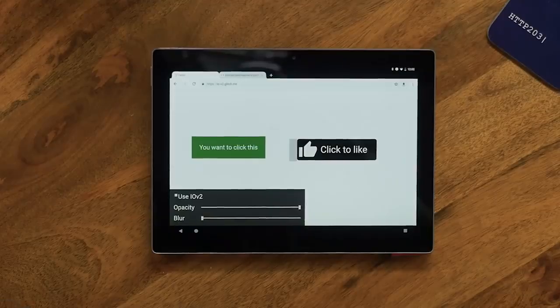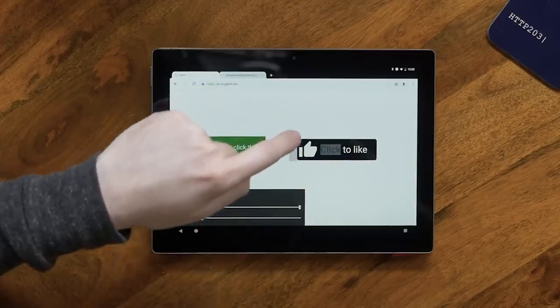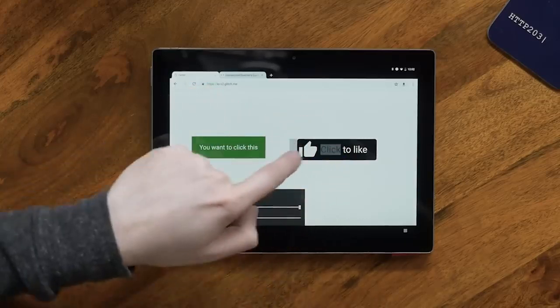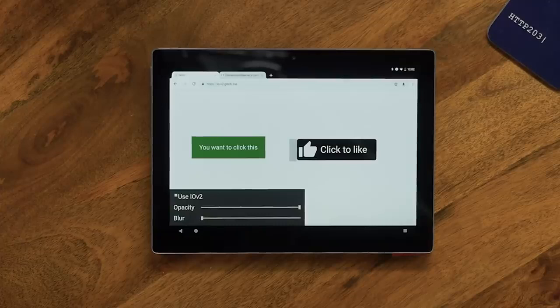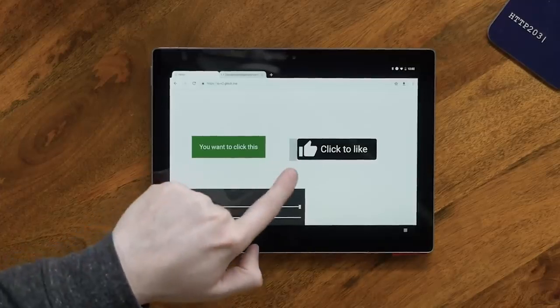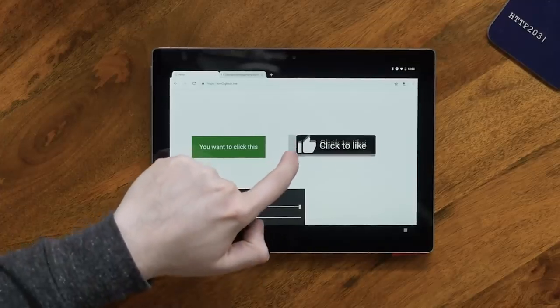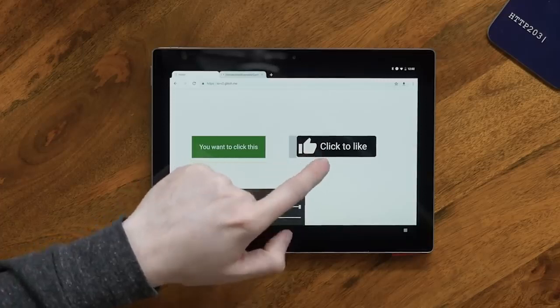Because it's an iframe, any clicks that happen in there will be owned by the iframe rather than the parent page. To the point where, in order to drag this around, I've had to add this little bit here, which is part of the parent page, because if I do that, the click goes into the iframe and I can't control it.